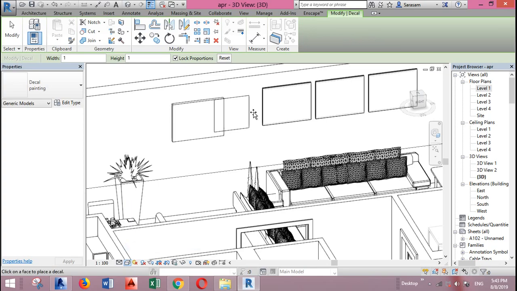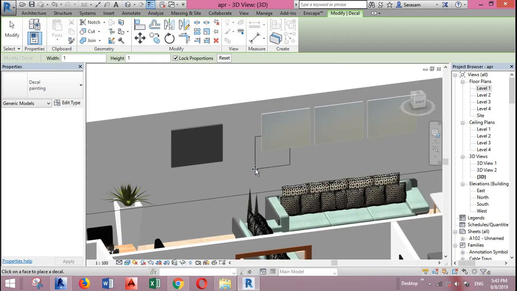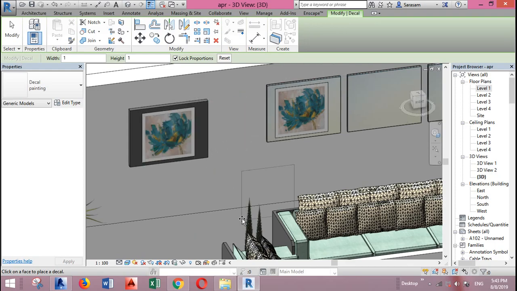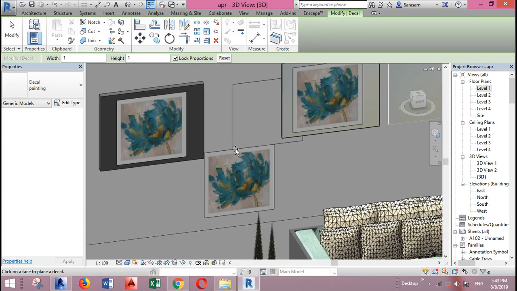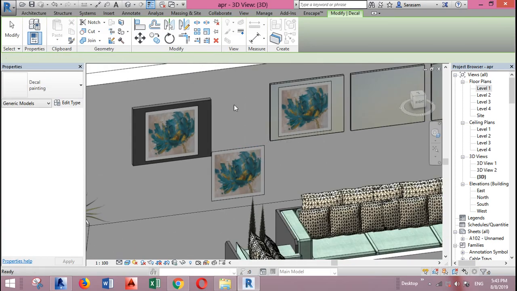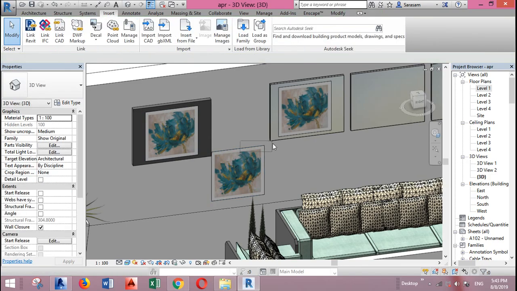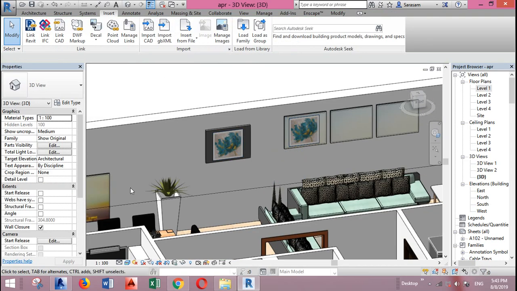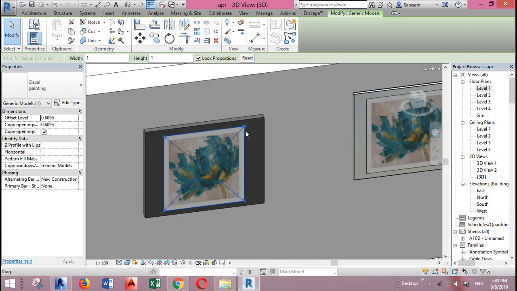By mistake, I'll just make it realistic to be shown. No, it's not added. Okay, now you can add it here, for example. Of course, we can control the size and add it here. Okay, and if we add it here on the wall directly, for this painting it's added, but for another one I tried, it wasn't shown. I don't know why, but anyway,